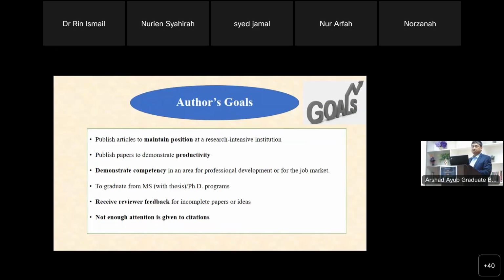Now, what are the author's goals? You publish articles to maintain position at a research-intensive institution. I do not know what is the tradition or method in Malaysian universities. So if you are hired, of course, you go through the interview process. So you are selected, you have been hired as a lecturer, let's say a senior lecturer or an associate professor